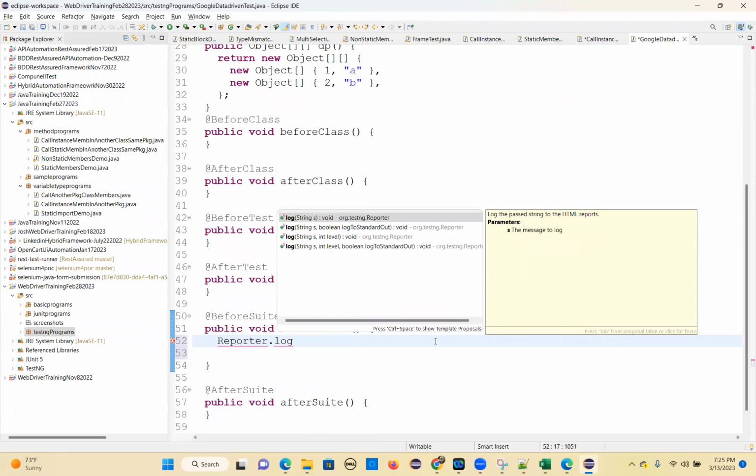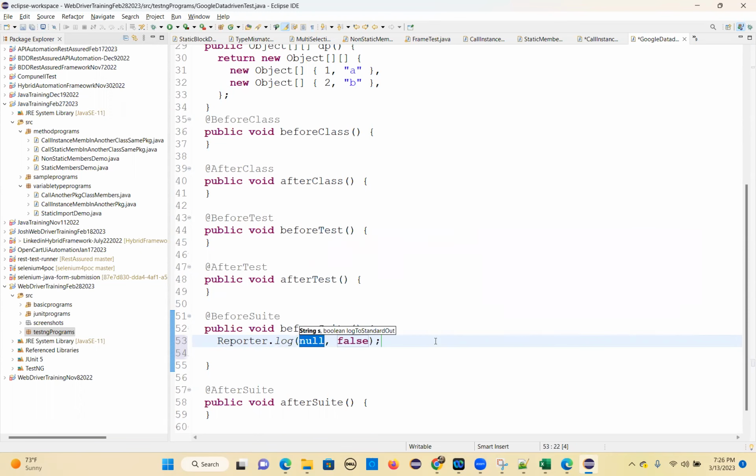String, boolean log to standard out. What is meant by that? Log to standard out means to your console. Print that to the console also. You give true or false. So the message, I am saying message. So I'm giving it true. I want to print it to the console also. So I'm saying